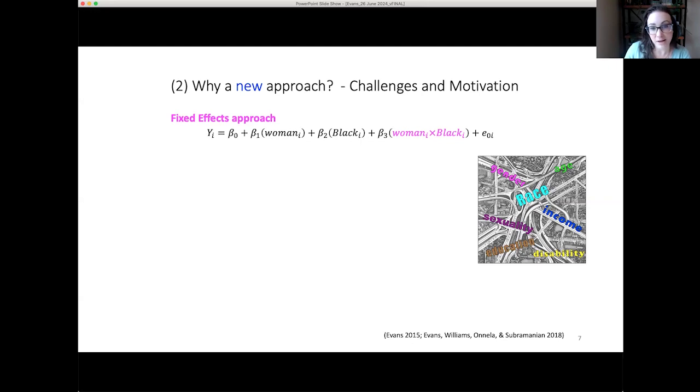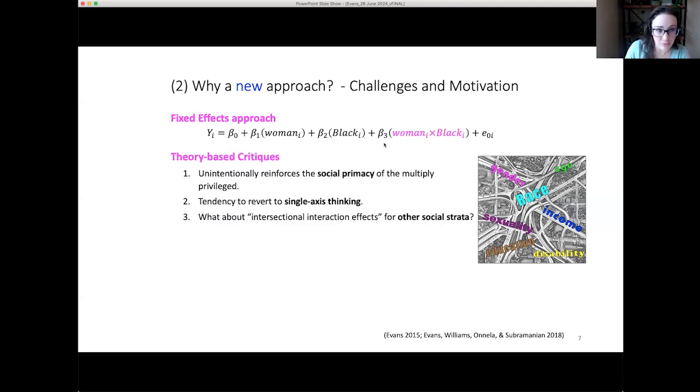Now, again, this allows us to estimate a different outcome unique to each of these 4 social strata or 4 groups. So the beta 1 for woman here is actually, based on how we've set this up, specific to white women versus white men, and so on and so forth. So certainly we can absolutely do the model this way. I actually still do it this way if I'm doing a very simple analysis, sometimes just a few categories. There's nothing inherently wrong with this.